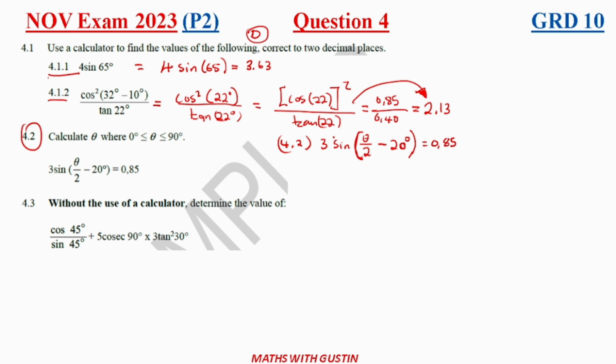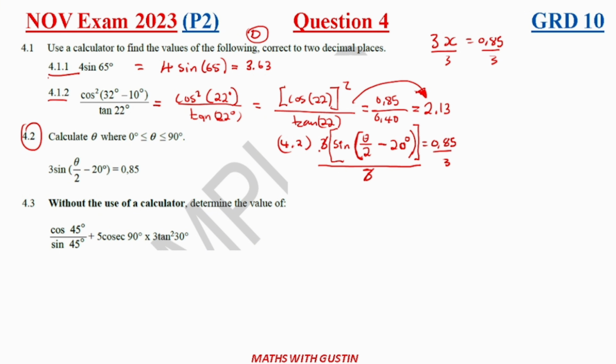No, guys, everything that is affected by the sine is here. It's like having, for example, 3x equals 0.85. If I were to ask you to solve for x here, what would you do? You would divide by 3 on both sides. Similarly here we're going to divide by 3 on both sides,